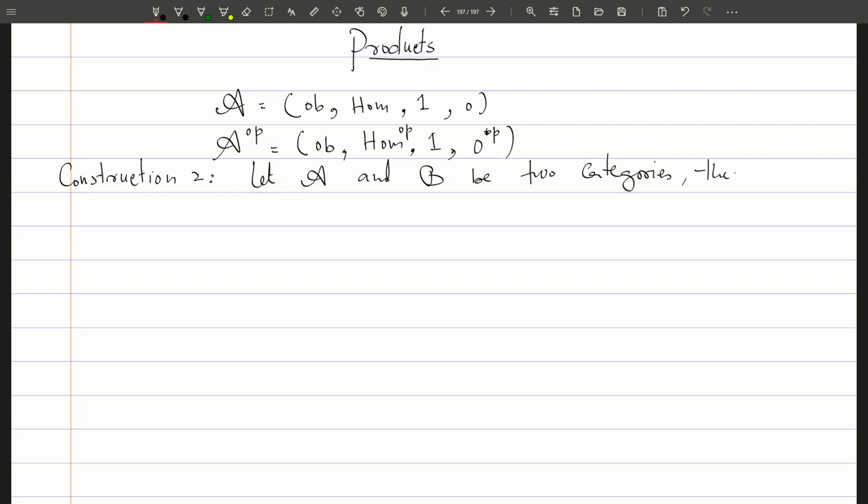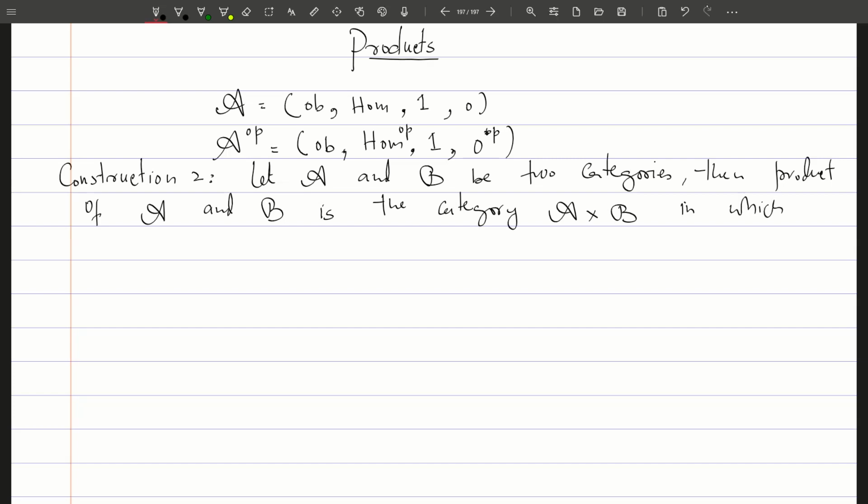Then the product of A and B is the category, which we denote by A times B, in which the class of objects is the object class of category A times the object class of category B. This is the class of objects, and now the morphisms of this new category, the hom of